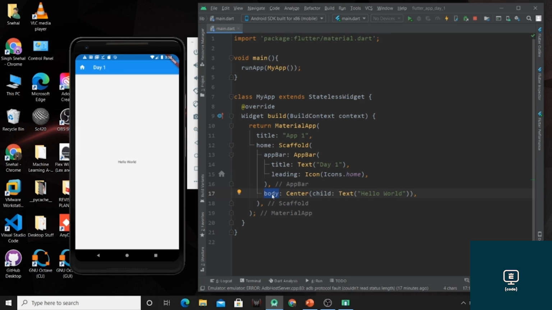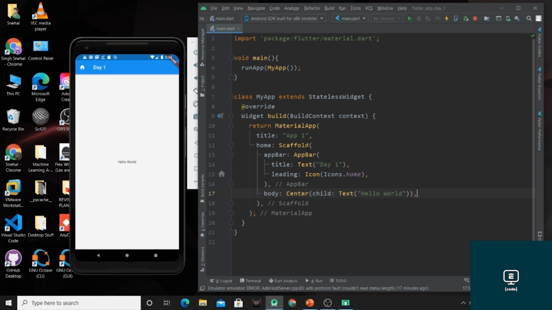It signifies the place below the app bar, and the text is at the center as we have used the center widget. Now the other properties that are available for this scaffold widget are drawer, floating action button, and background color.